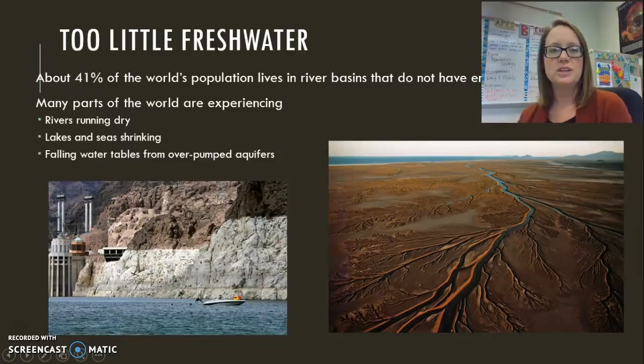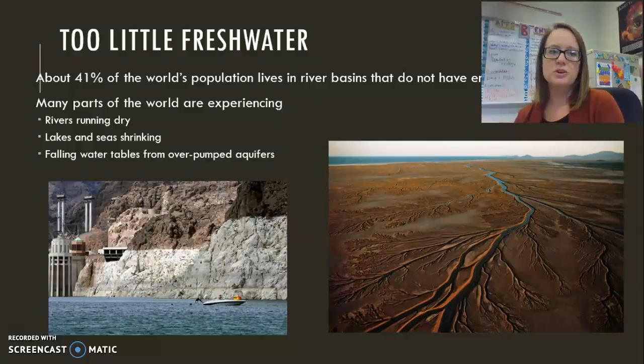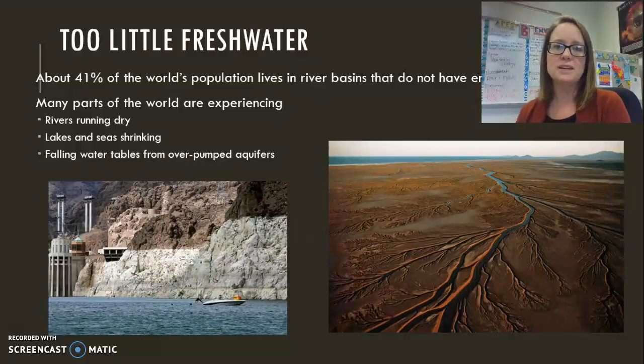Because such a small percentage of our water is fresh water, we don't have enough fresh water to meet our needs. Only about 41% of the world's population, which is over 7 billion people, live in river basins that don't have enough fresh water. We're seeing rivers running dry because of overuse. Lakes are shrinking. Seas are shrinking due to evaporation, not oceans, seas like the Aral Sea. So those are our bodies of water that are landlocked. And then we also see falling water tables from overpumped aquifers, and we'll talk a little bit about groundwater later